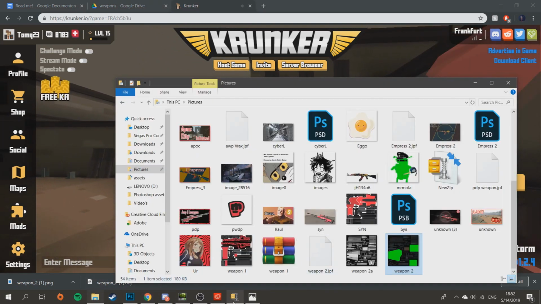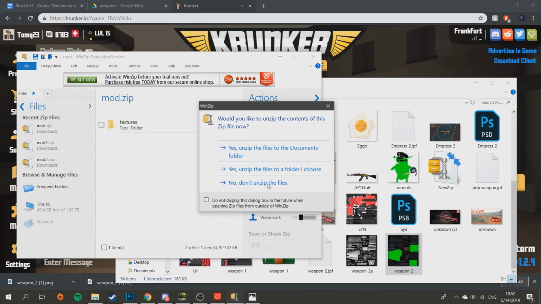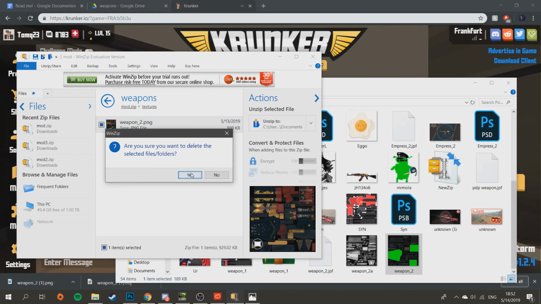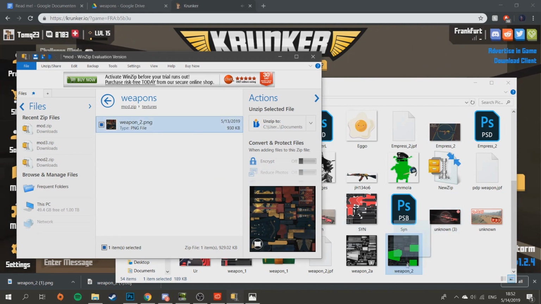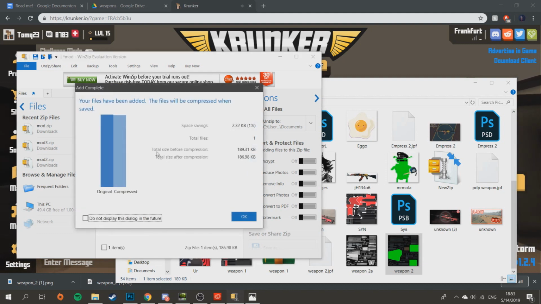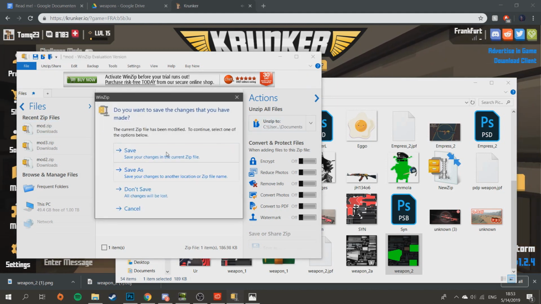And what you're going to want to do is open this zip file that I've got here, and just press no to don't unzip the files. Go to textures, weapons. You're going to want to remove this and drag your own one in. Okay, make sure it's called Weapon 2, all lowercase, or whichever weapon you're doing. You can press X, save,